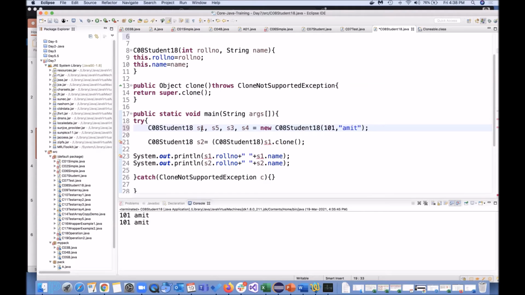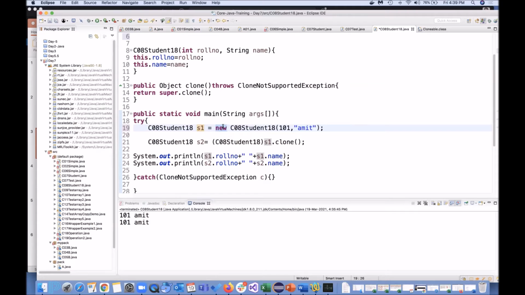So in this case, S1 equal to new means it is calling the constructor 1, 2, 3, 4 times, and every time a new value has been assigned. But when we are doing this clone thing, we are avoiding this new keyword and this memory.